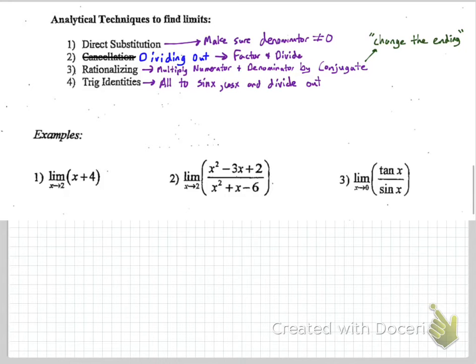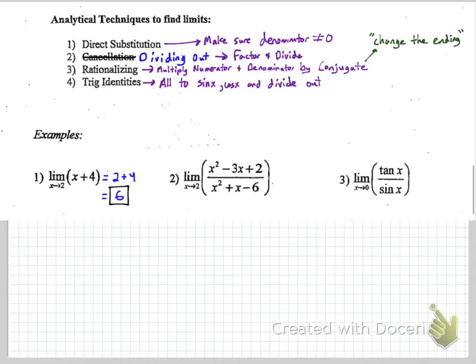So let's start doing some of these problems here. Let's look at the first one here. The limit as x approaches 2 of x plus 4. Because you are allowed to plug in 2, we're going to directly substitute that in, and you get 2 plus 4, or 6. There are no problems when you plug in 2, so we can just plug it straight in. And we're done. For number 2, if we tried to plug in 2 here, if you look at the denominator,